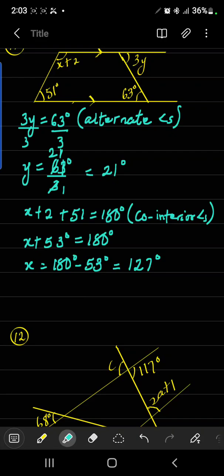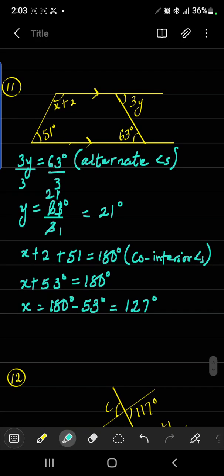127 degrees. But the truth of it, the beauty of this, is that you can use other methods. You may not be able to think like this. Another idea may come to your head and you want to use it, still based on the properties. So let's look at it now. To get this angle here, there are two ways you can use. You can use sum of angles on a straight line, right? Isn't it? And you can also use